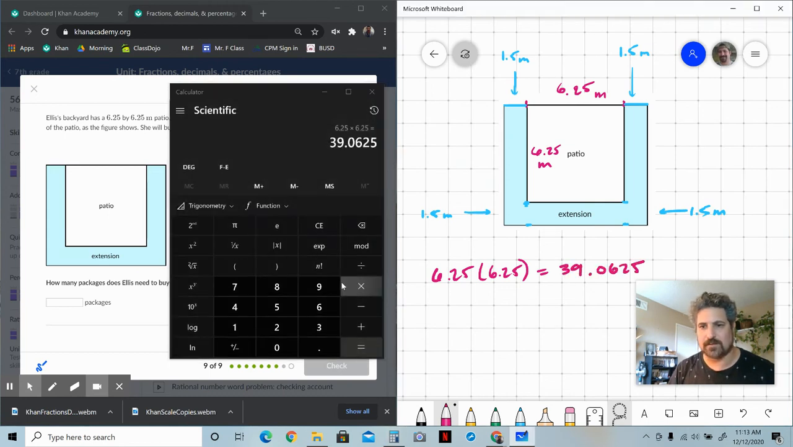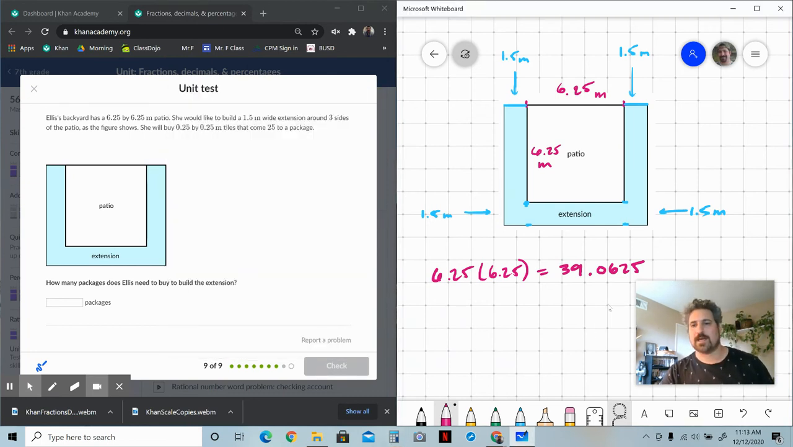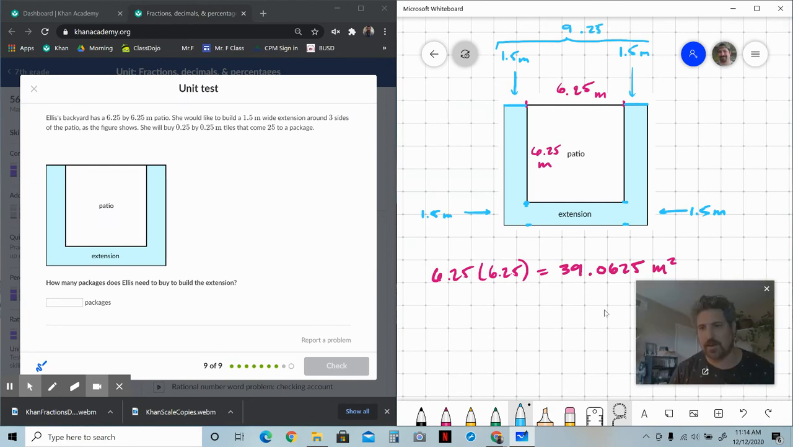39.0625. Did I punch that in correctly? 6.25. Okay, right. All right, so that is the number of square meters that we're talking about for the patio itself. The total size of the large patio, including the extension, you're adding 3. So then the total distance here is going to be 9.25, right? And then on the other side over here, it's only going to be the 6.25 plus the 1.5. So you're looking at 7.75